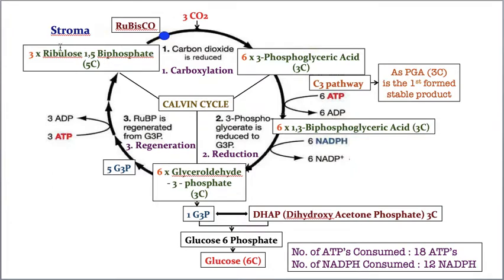सो हियर 15 कार्बन्स. नाउ दिस 15 कार्बन्स आर एडेड टू हाउ मेनी कार्बन्स. ये कार्बन डाइऑक्साइड में कितना कार्बन्स होते हैं, दिख रहे हैं ना आपको, क्लियरली दिख रहे हैं ना कि कितना नंबर है, एक, है ना. सो 3 कार्बन डाइऑक्साइड में कितना होते हैं, 3 कार्बन्स. नाउ 3 carbons in form of carbon dioxide and 15 carbons in form of ribulose 1,5 bisphosphate, I mean RUBP, they react, they combine in the presence of Rubisco and form 6 3-phosphoglyceric acids.